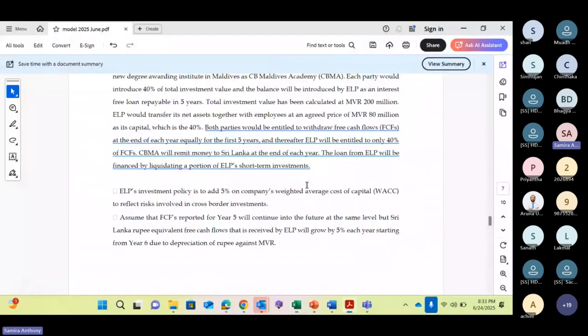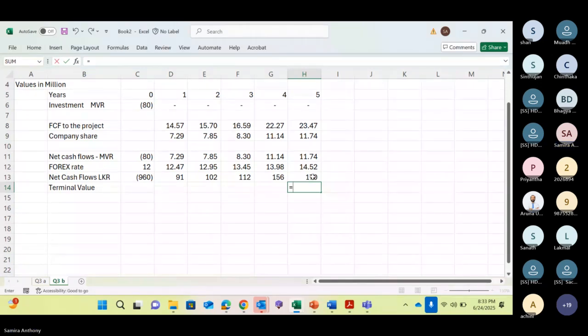Let's take the cash flow multiplied by 1 plus the growth rate of 5%. This is the numerator of this equation. Then divide by WACC of 20% minus growth rate of 5%. Is that clear, Varuni? Yes, sir. Is it clear why I have taken 20%? Because of the cross-border investment, you have to add an additional risk premium on your WACC. Clear?